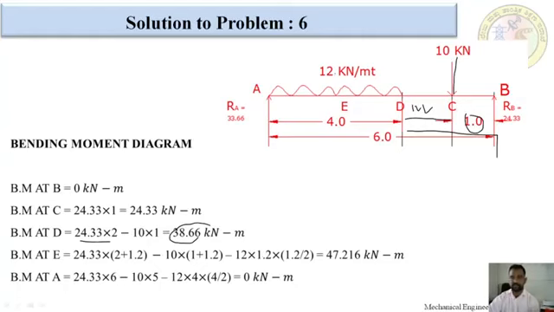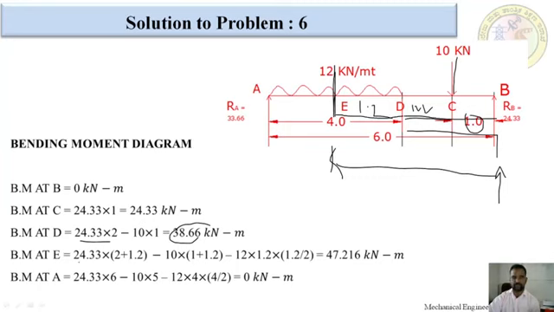After that, I want to calculate the maximum bending moment at this point. Okay, listen carefully. First, this is the upward force into this distance. How much is it? The X value we got is 1.2. This X value, 1.2, into this distance. How much distance? Up to here we have 2 meter, and from here to here we have